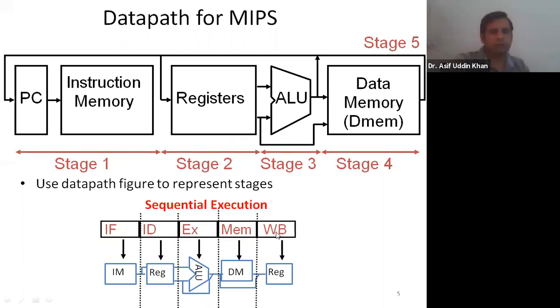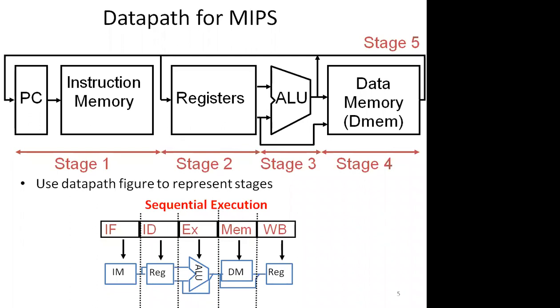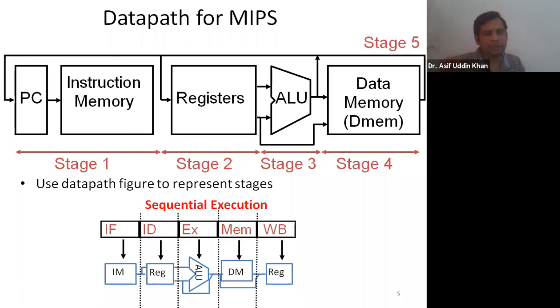Okay. So this is write back stage or step. In write back, the data is written back into the registers. So in which type of instruction is data written in the registers? If the instruction is a load instruction, then data is written in the registers. Yes or no? In load instruction, what happens? We bring data from the memory and we write it into the registers. So if the instruction is a load instruction, the data is written into the registers.